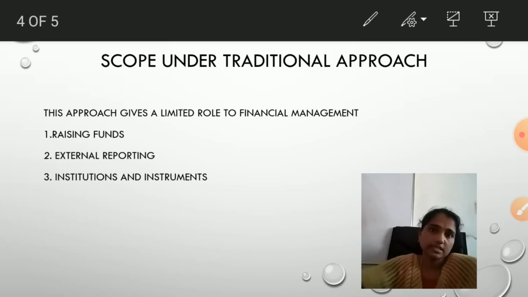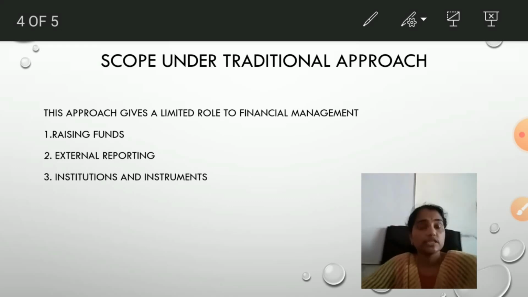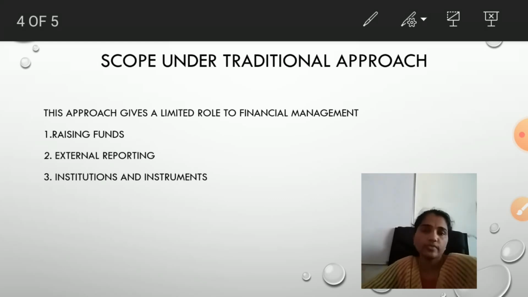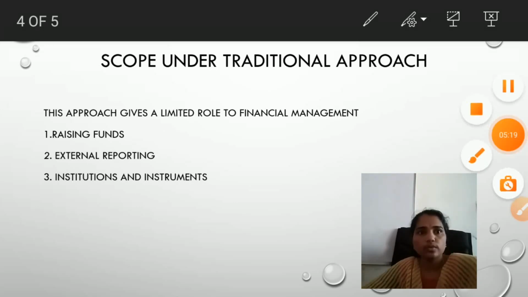So the first step we have seen is about raising of funds. That means from which source we have to raise the fund, which source we have to select for raising funds. Second, we have seen preparation of accounts, annual accounts, and presenting in front of shareholders and members. And third says about institutions. So which institutions we have to select for raising funds and which instrument we have to use. So this is about the traditional approach. Now let us see